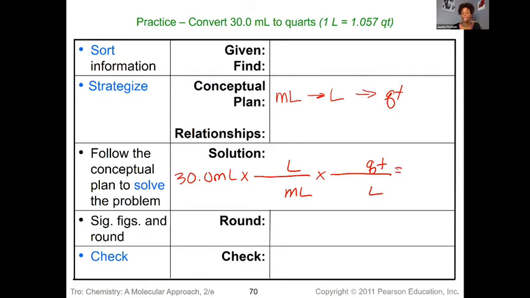I'm going to fill in, again, the metric ones we've memorized, so I know that 1 milliliter is 10 to the negative 3rd liters. And then here, 1 liter is 1.057 quarts. Again, when I plug this in, I'm going to multiply across the top, divide by the bottom. So 30 times 1 e to the negative 3 times 1.057, and we end up with